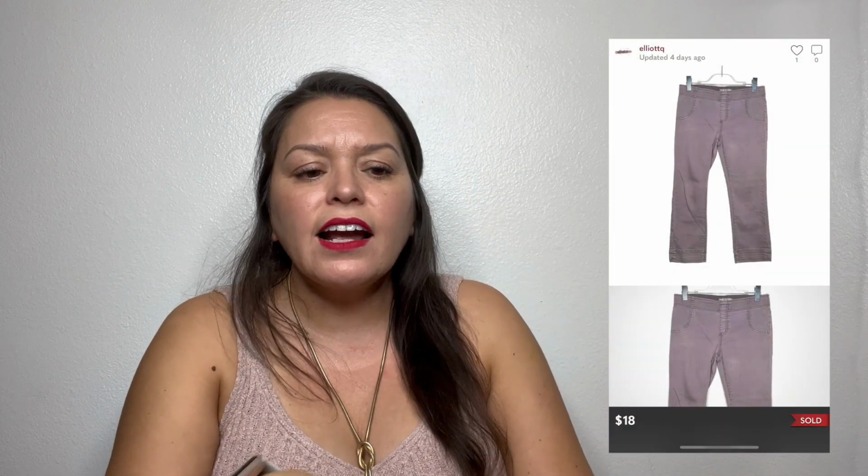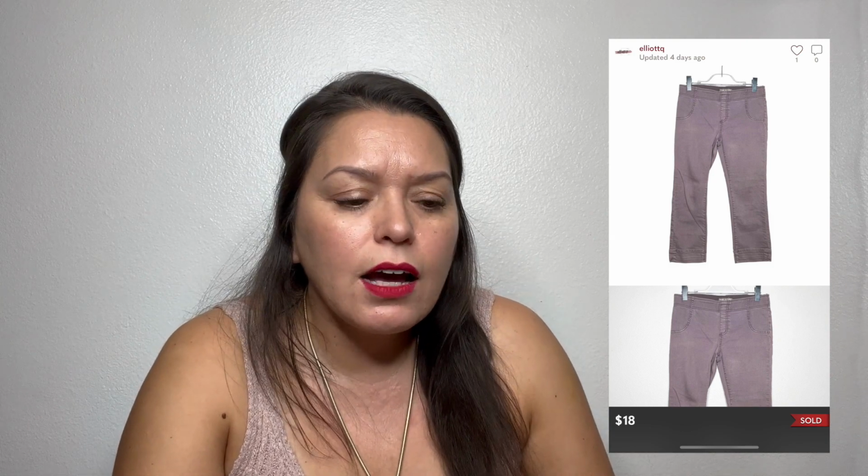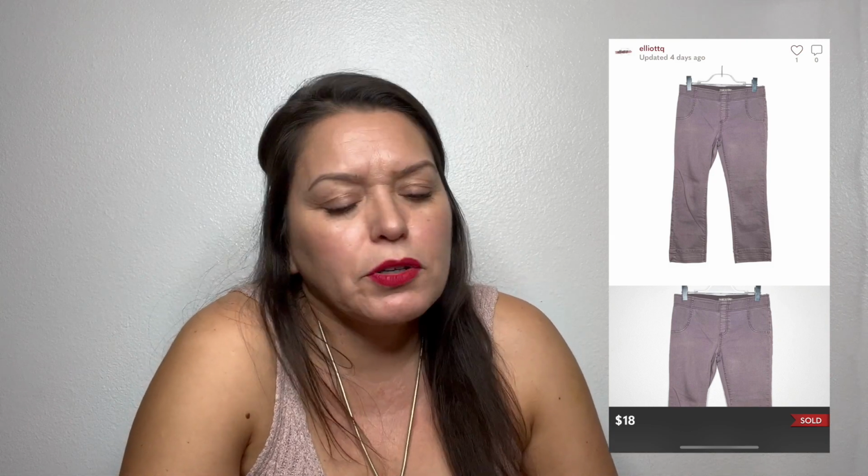So this one I believe I had found at the bins, and this one sold for $15 on Poshmark. The next item that sold was another item I had picked up at a garage sale, and this was a pair of Free People cropped pants. They had an elastic waist and kind of this light purple lavender wash. Really nice. These were definitely an older style Free People, but great condition, and I ended up selling these